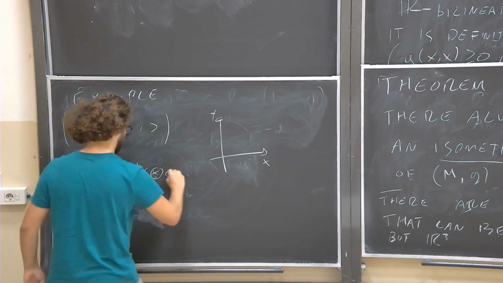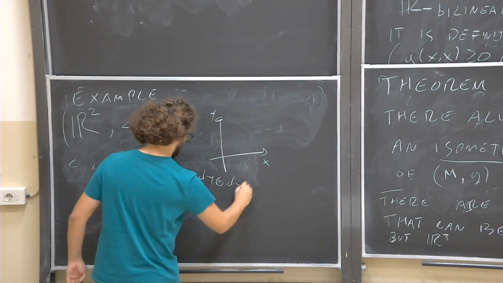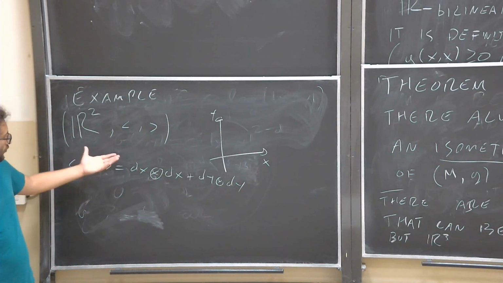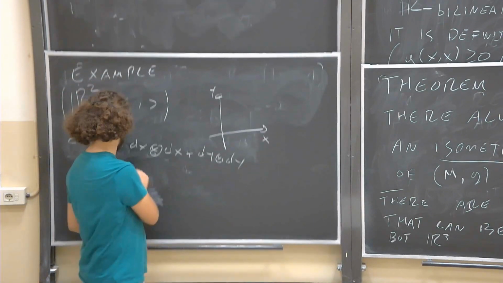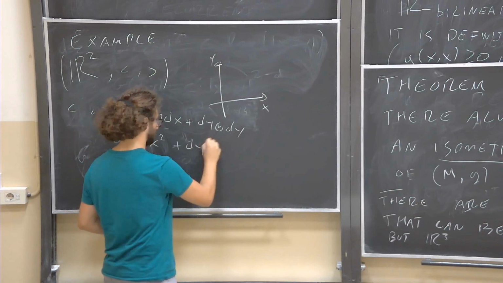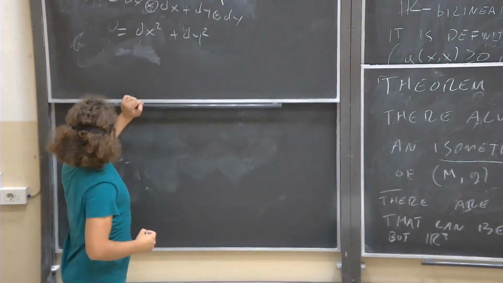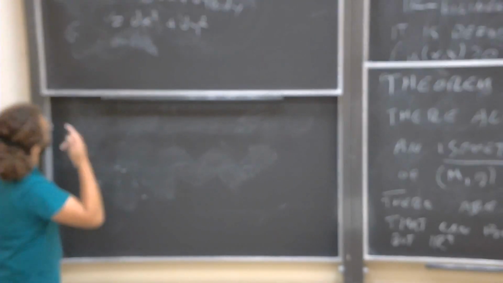We will not really need it for much, but I will still write it. Of course, some of you are not used to tensor products, but this is just a different way to express the classical metric. And in a more compact way, we write it like this. It's not really important. We just need it for the next step, because the next example is very, very important, but a bit less intuitive.